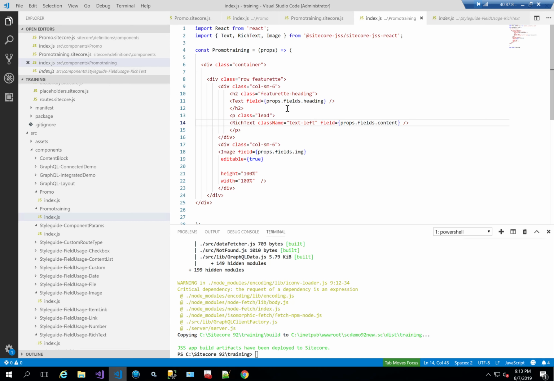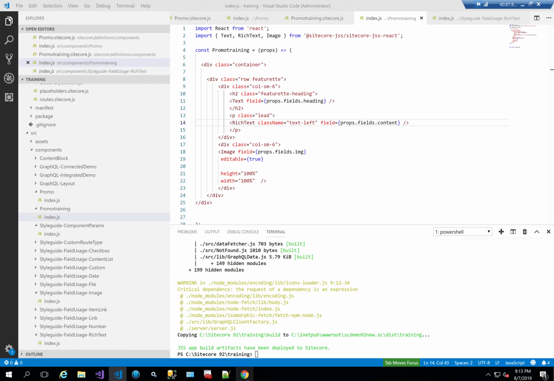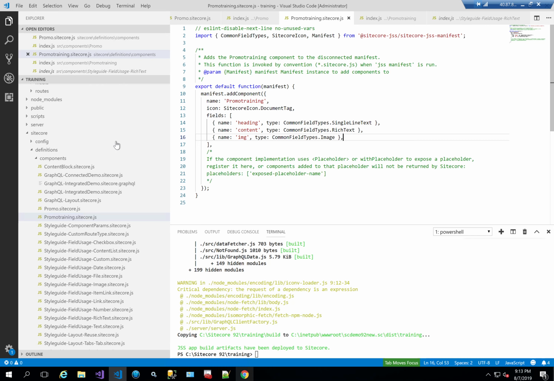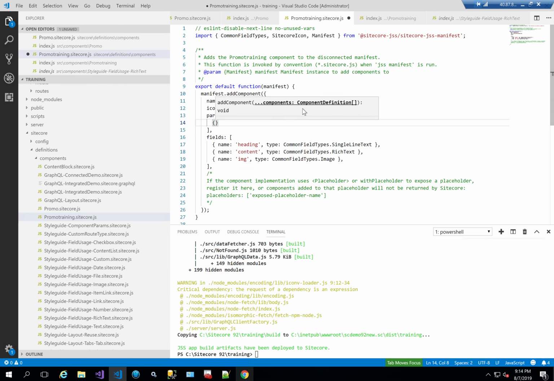Okay, so now that we've created or customized our look and feel in terms of parameters, the next thing I want to do is actually add rendering parameters. To do that, all you need to do is go back to your promotraining.sitecore.js, the definition file, and you go here and add params. Again, it's an array, so I'll add within that name. I'll call it right image with a display name of